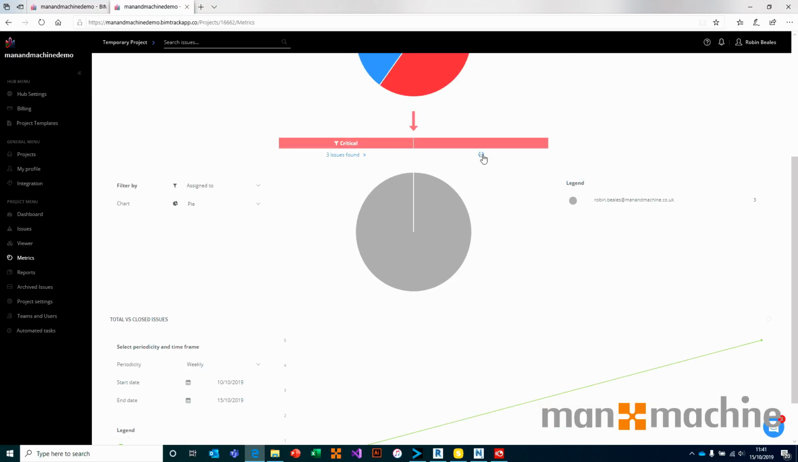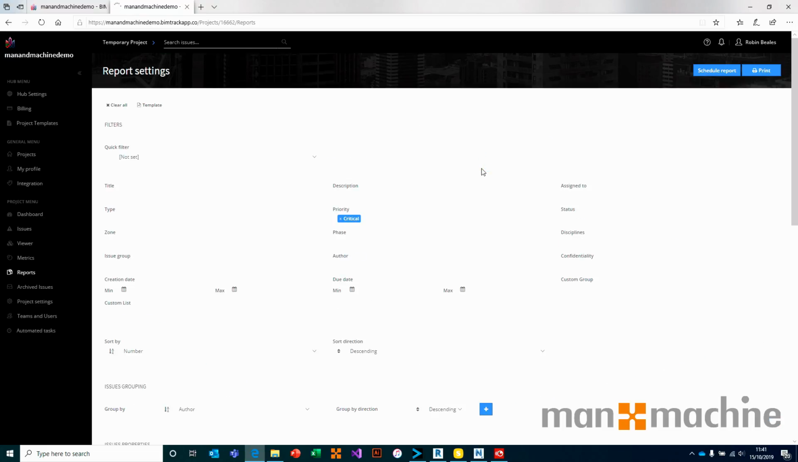let's print them. This basically takes you through to the reporting tool, and you'll notice that the menu on the left actively changes to the reporting section of BIM Track. Now those report settings are really straightforward. We basically have a filter, and because we used the metrics tool to start filtering, it's already set this filter up for me. But we could add in here if we wanted to get more or less. I'm actually going to say that I want to clear the filter,